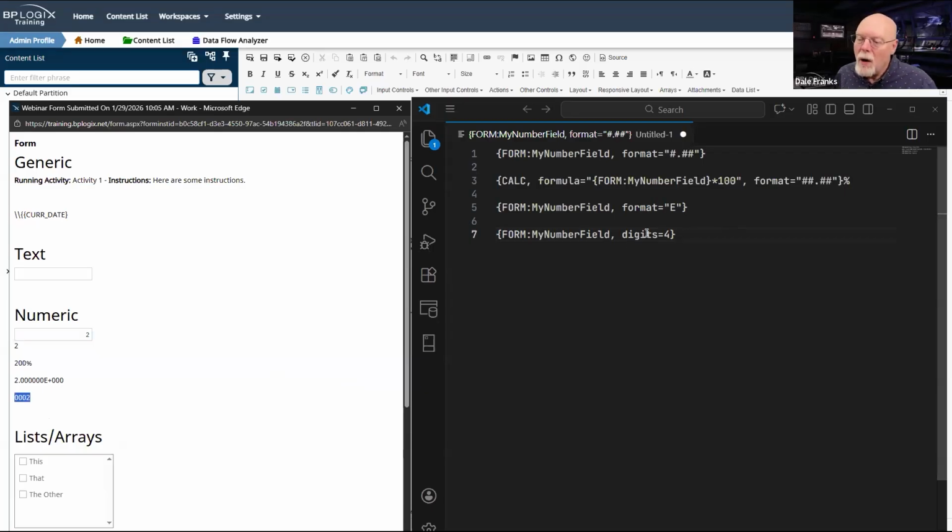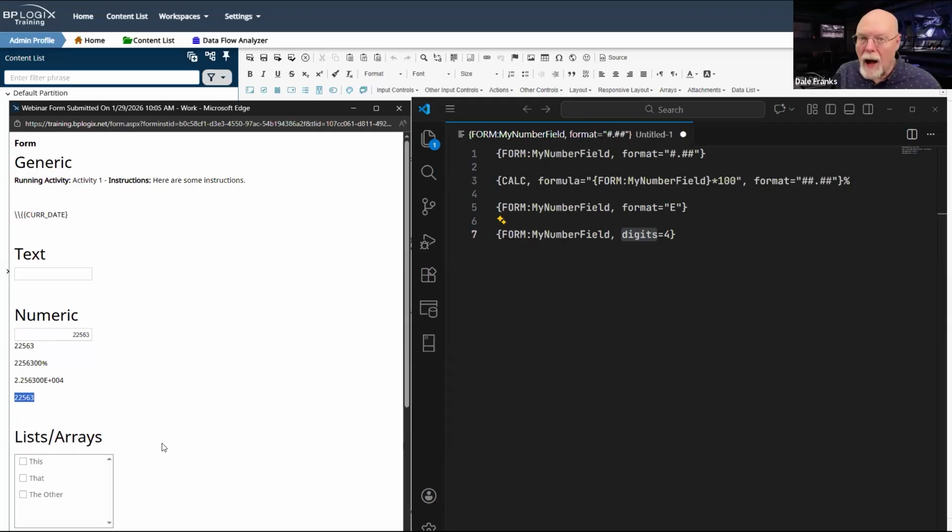So basically, what the digits formatter does is tell me how long I want my number to be. I want this to be a 4-digit number always, which means if it is 2, then the number is going to be 0002. Now, if it's a bigger number, it's going to grow.